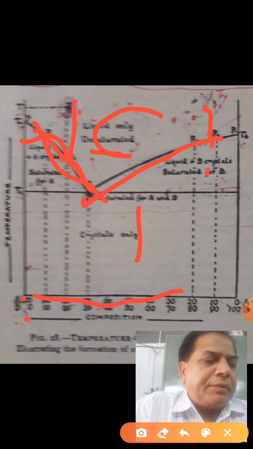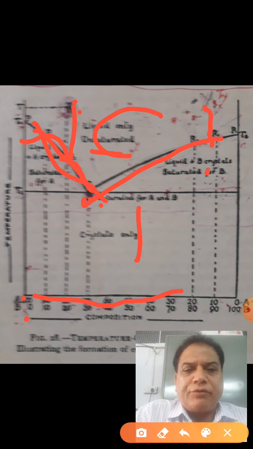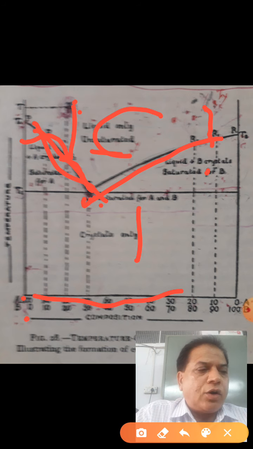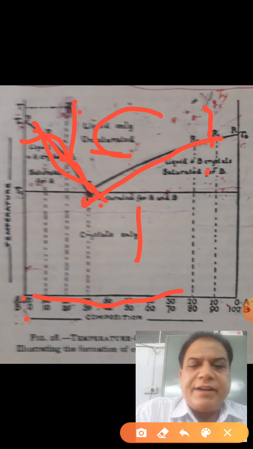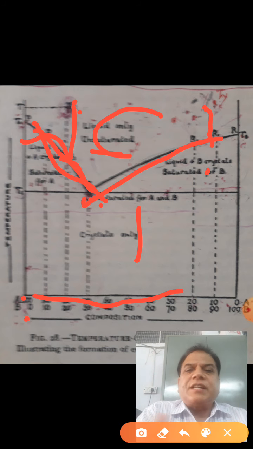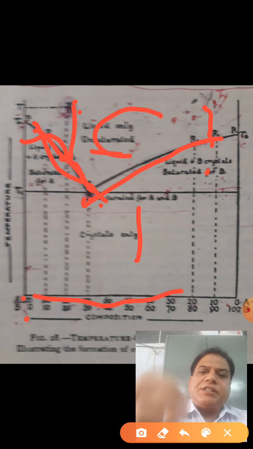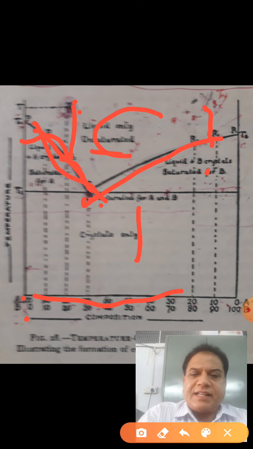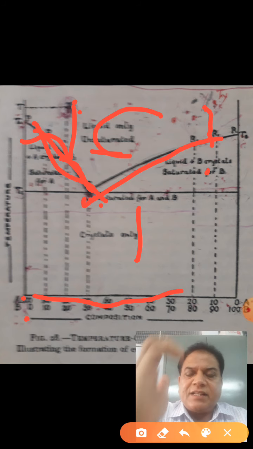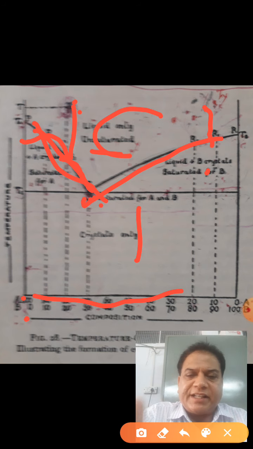For another mineral pair, say orthoclase and quartz, this standard proportion is 72.5 to 27.5. For another, say olivine and anorthite, it is 70:30, and like that for different components, the standard proportion is different. So any mineral or component which is in excess of the standard proportion will crystallize first, and then ultimately the two will crystallize simultaneously, and this simultaneous crystallization of two minerals is known as eutectic crystallization.